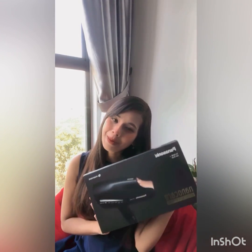Okay, so for those who's looking for the hairdryer that won't damage and dry your hair and will keep your hair moisturized, Tasha akan suggest korang untuk dapatkan Panasonic